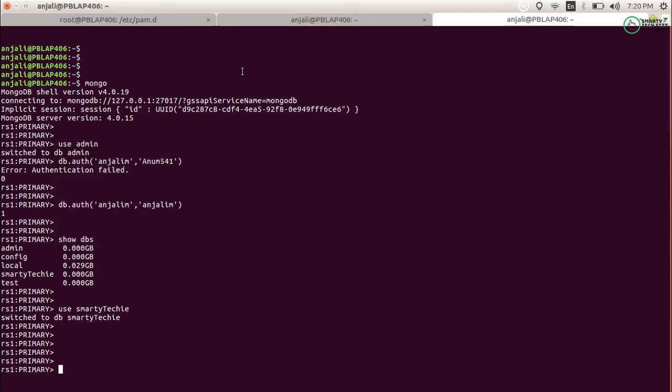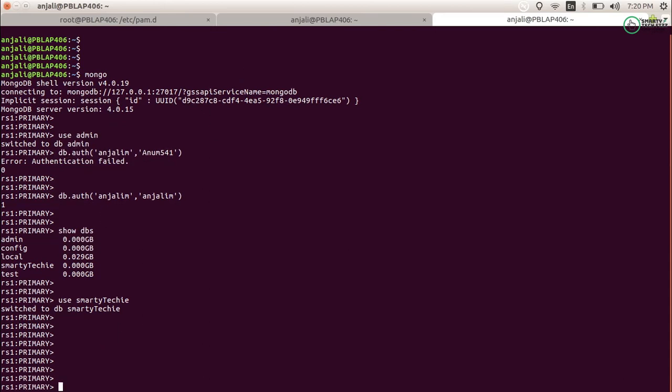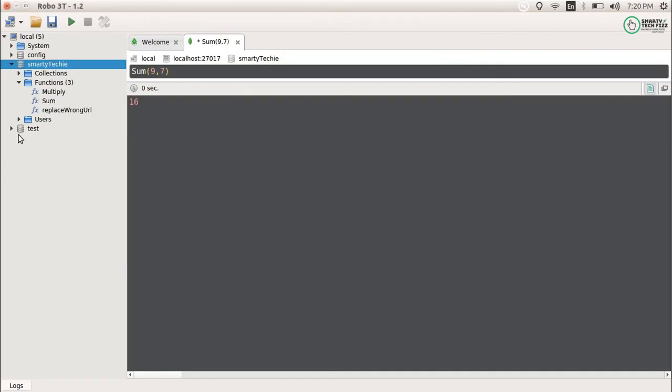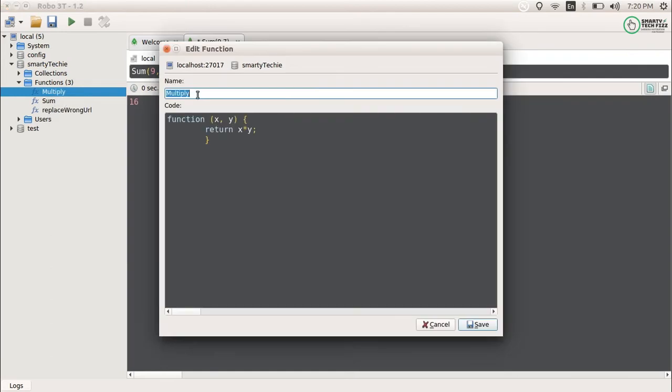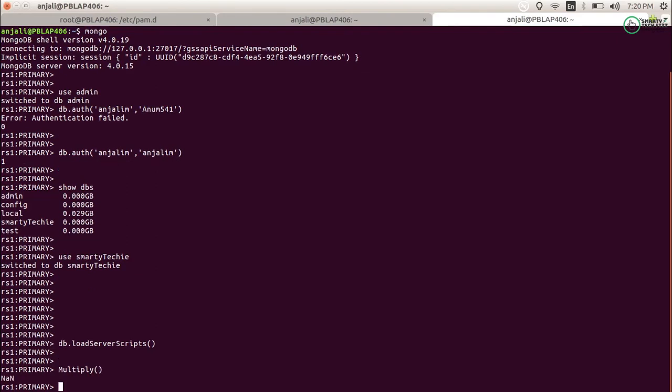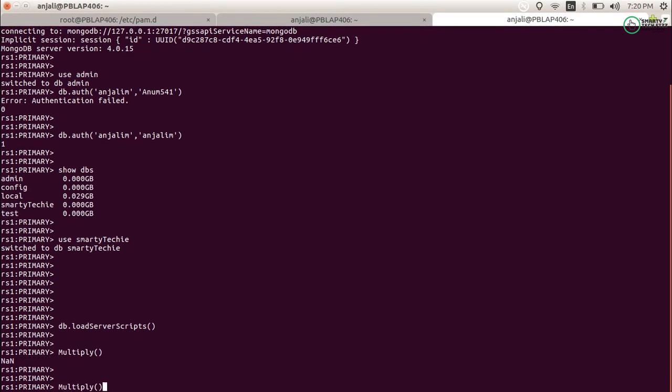Now I will take you to my Mongo console, the localhost Mongo console, and let you know how we can run it in the Mongo console itself. It is the same way. Just go to your DB and use db.loadServerScripts again. Then this time we will use the multiply function. What it does is take the two parameters, multiply them, and then return you the output. So take these parameters, take this name, and see what it is going to do. It is giving NaN. Okay, so let's provide the parameters, 2 multiplied by 8.